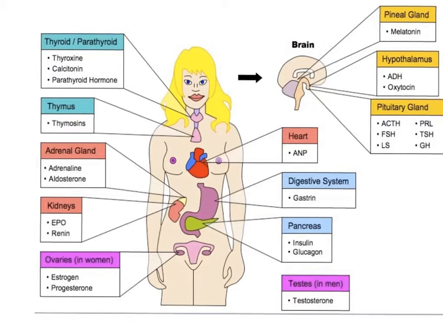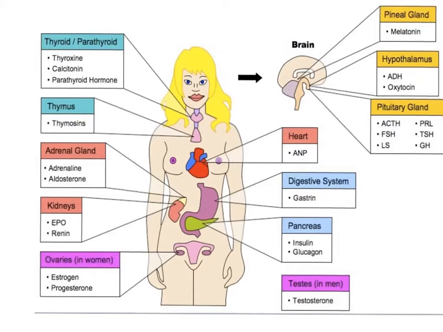The second grouping of hormones are the steroids. These are derivatives of cholesterol. They are lipid soluble, so they can cross the cell membrane, and this will include only the gonads and some of the adrenal hormones. As far as the mechanism of hormone action, since hormones are released into the circulatory system,